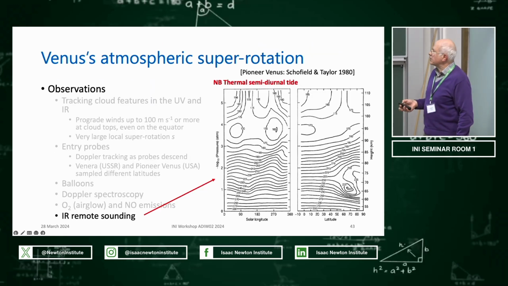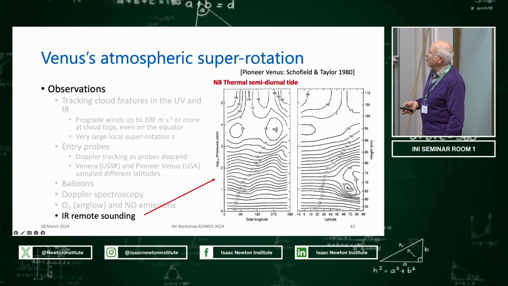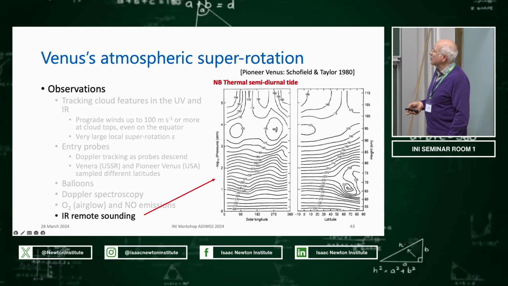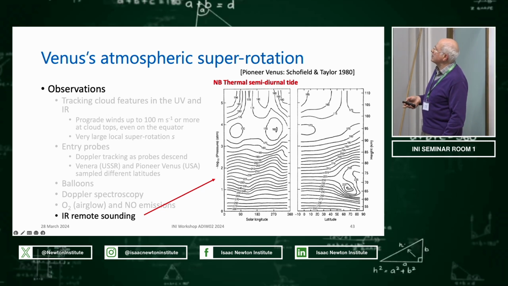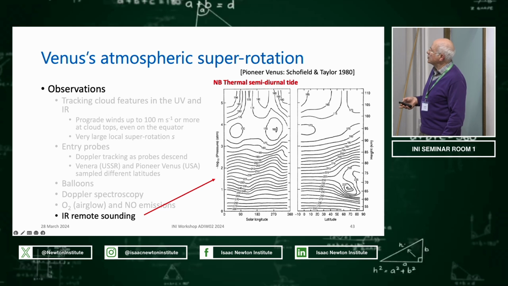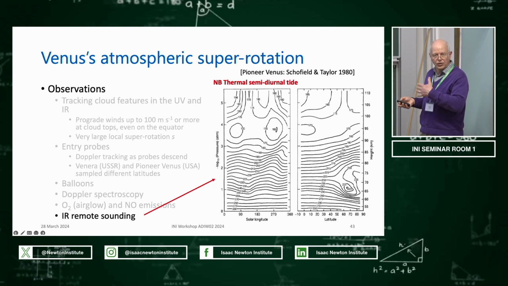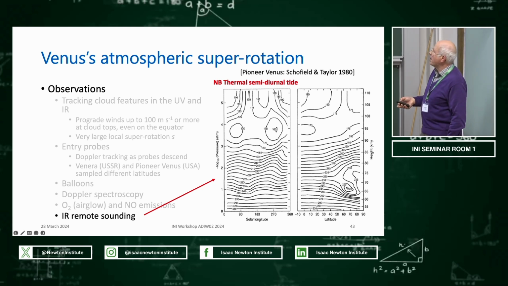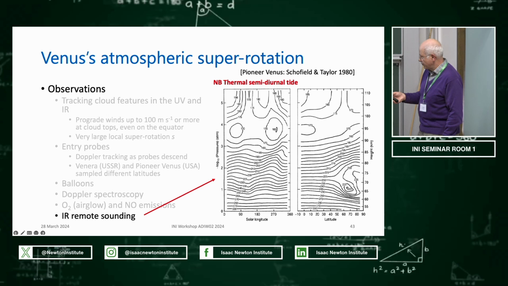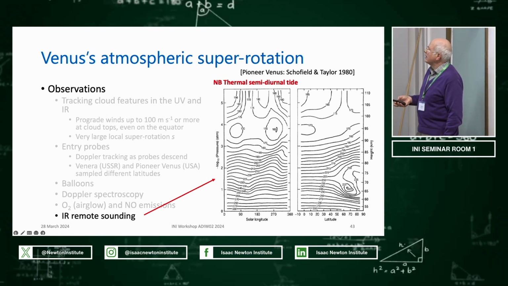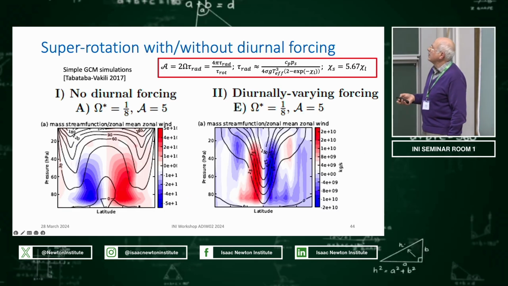In the case of Venus's atmosphere, however, there are other factors as well. In particular, from infrared remote sensing, you can see in longitude-height plots close to the equator on Venus a pronounced wave number 2 pattern with a phase variation with height. This is essentially the thermal tide produced by the day-night contrast in heating. This is a very strong feature of Venus's atmosphere, but is essentially absent in Titan's atmosphere. And this turns out to be very important because if you add a diurnal forcing,